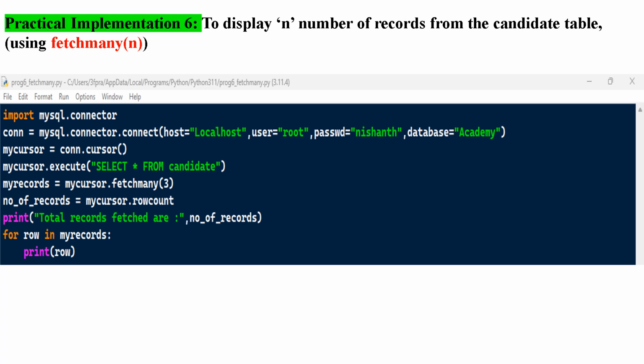Line 1. This line imports the mysql.connector module, which provides functionality to connect and interact with MySQL databases from Python. Line 2. This line establishes a connection to the MySQL database. Line 3. This line creates a cursor object, mycursor, which is used to execute SQL queries on the connected MySQL database. Line 4, mycursor.execute("select * from candidate"). This line executes an SQL query to select all records from the candidate table in the